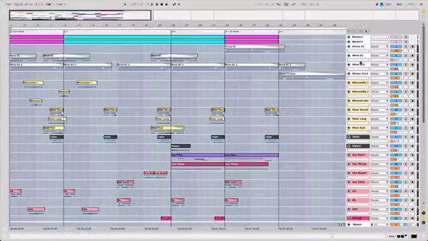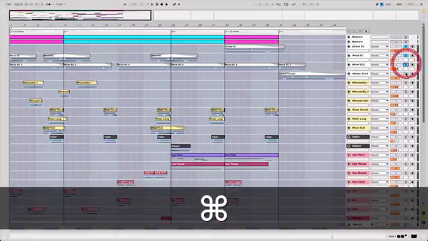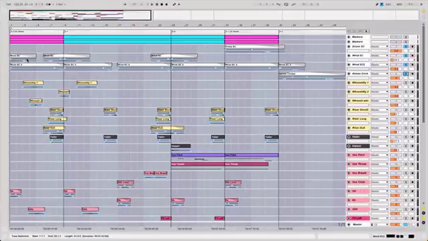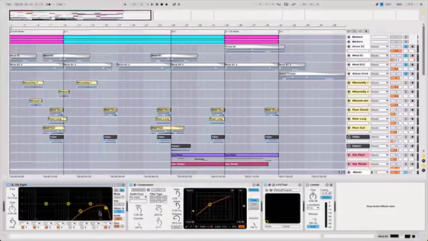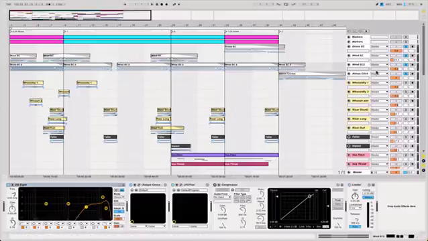So starting from the top down, this is kind of like the atmospherics bed of air. As I was saying, it's mainly made up of wind recordings, and most of them have been aggressively high passed, with a little bit of compression just to bring up the volume, and one of my favorite plugins, LFO Tool. It's a little easier, or you have more control over, say, creative sidechain effects. So if we listen to what we have from the wind,